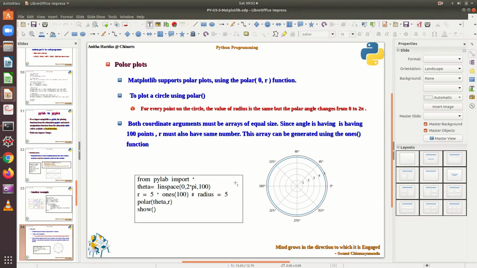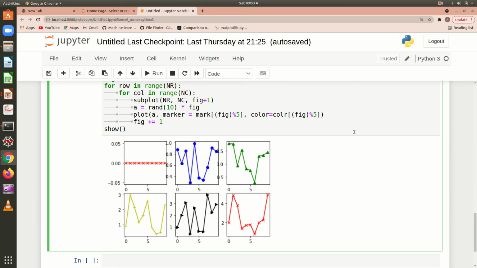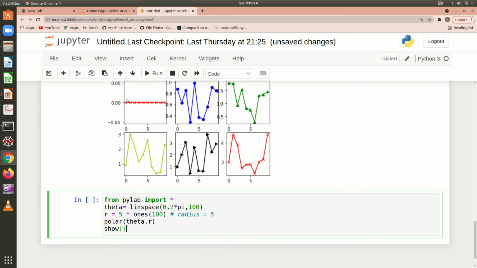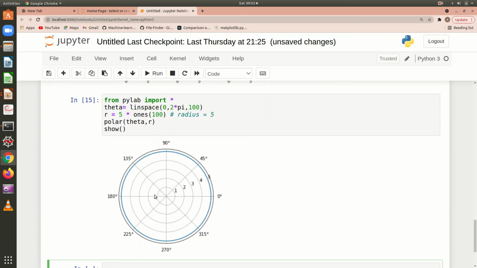If you want, I can copy this code. I'm going to run this code. You can observe it creates the circle, right?